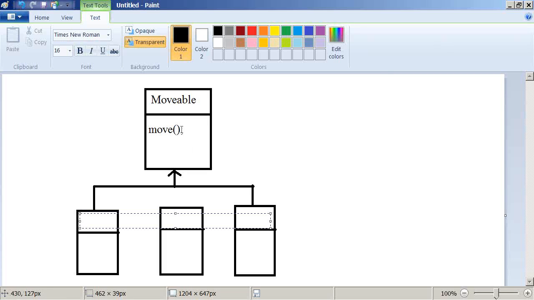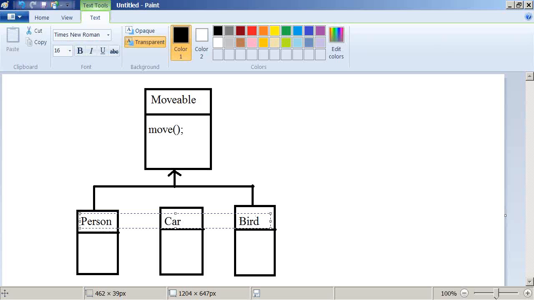So what is this movable here? In movable, I am defining some functionality. What is the meaning of an object which is movable? I defined one method called move, and any object in the universe which exhibits this move behavior is called a movable object. A person can be made movable, a car as well, and a bird as well. Here I have different groups of objects, but still they can have some common set of